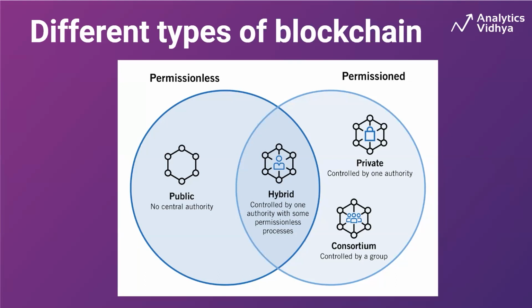In a consortium blockchain, what happens? A group of different organizations come together at one central level and form one group, and after that they develop the blockchain itself, handling transactions and mining and all those basics of the blockchain. That is covered in the consortium blockchain.